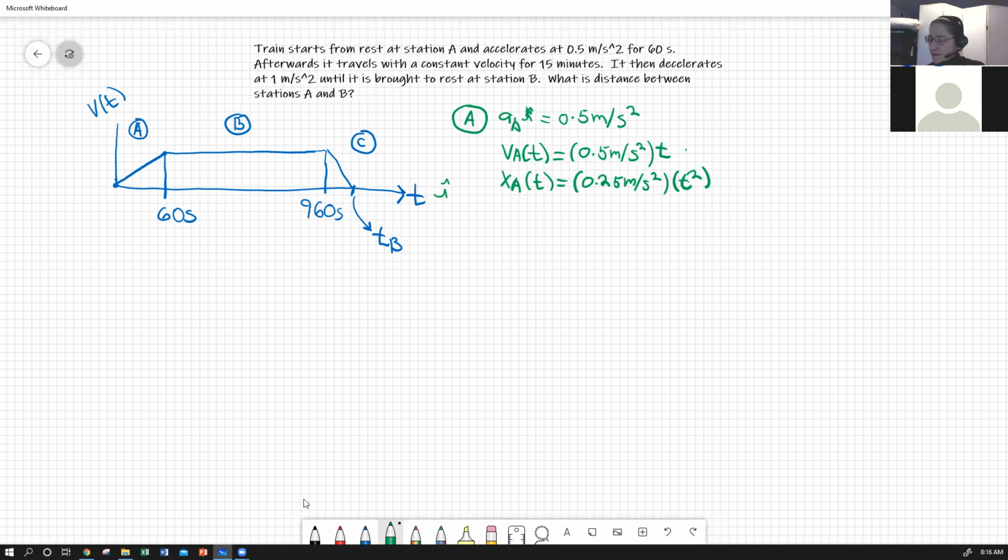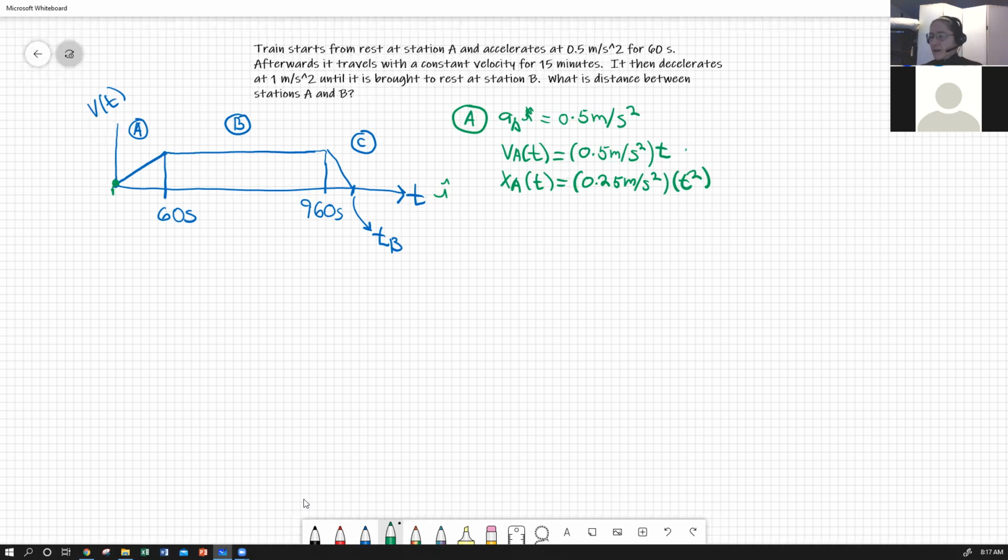Plus, what's our constant of integration here? Position. It depends on what we decided to call this spot, the x_B. It's going to be the origin here for this region, which we're going to call x equals 0. So the train station at A is x equals 0. So our constant of integration to go from velocity to position within region A is still going to be 0